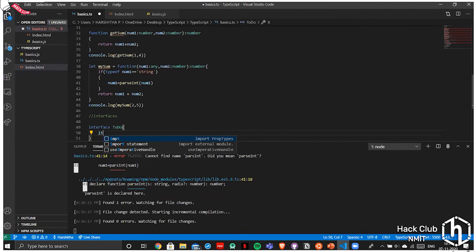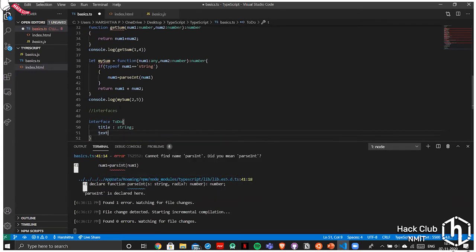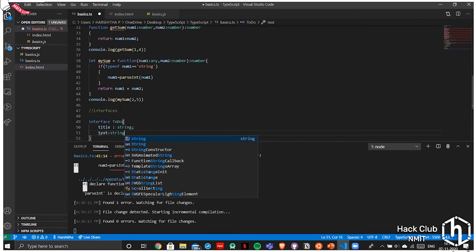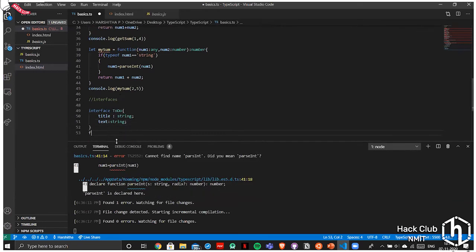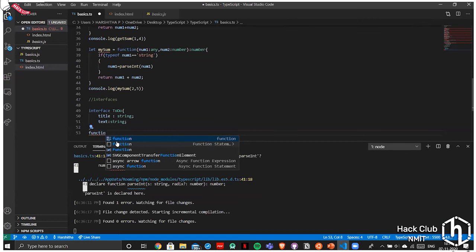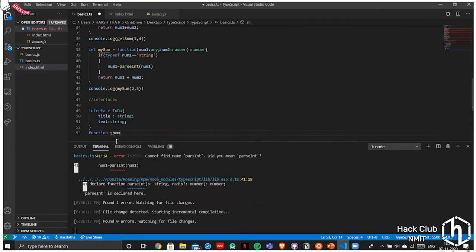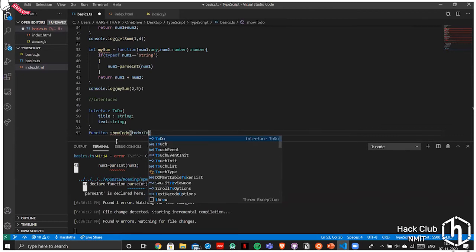I'm using 2 things in those variables, a string title and a string text. And then I'll use a function called showTodo, and todo is ToDo.